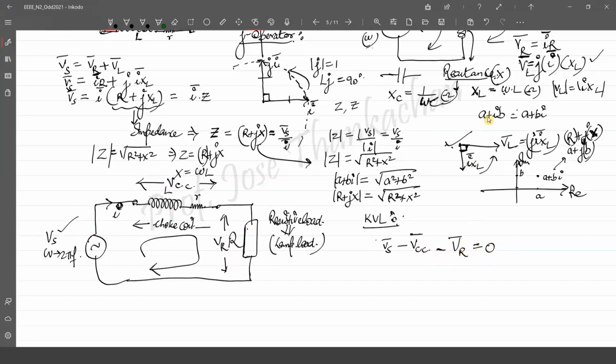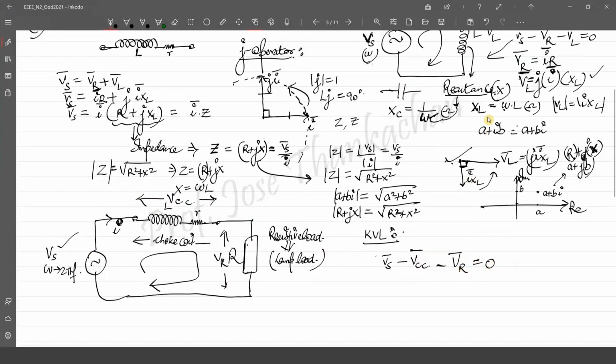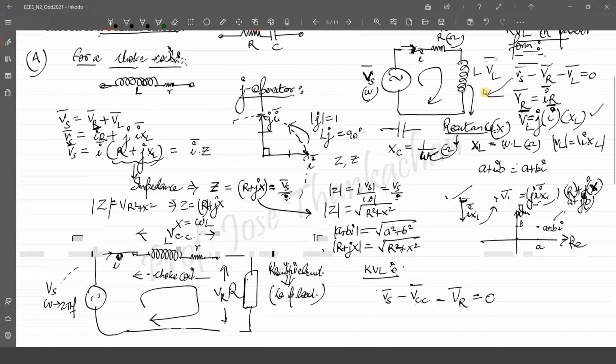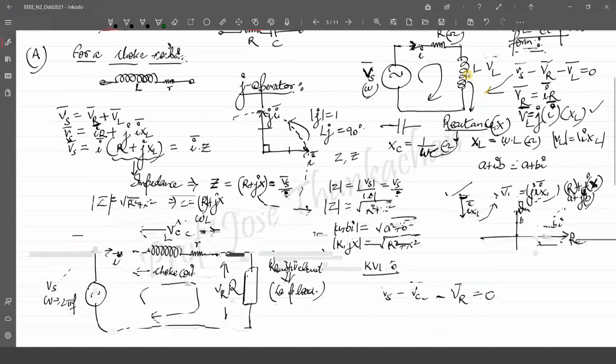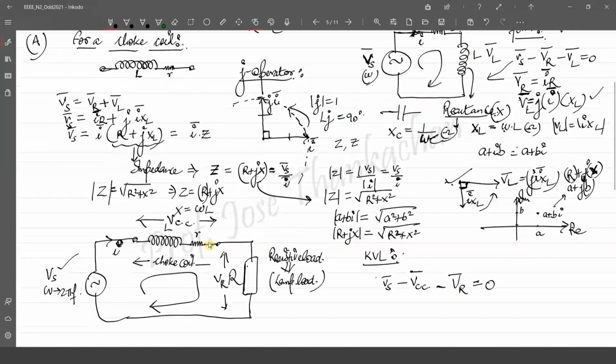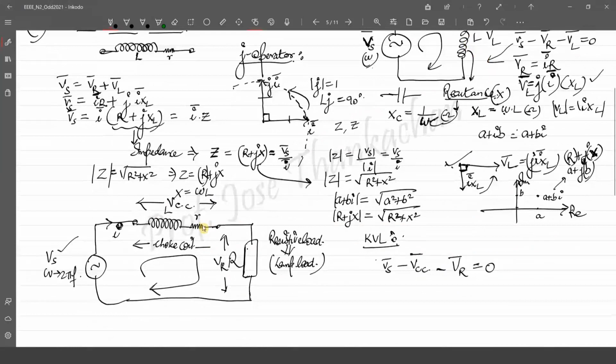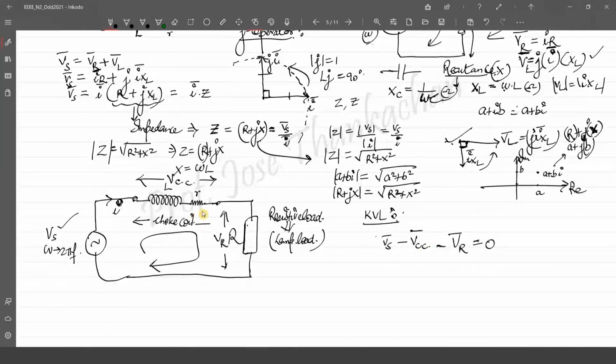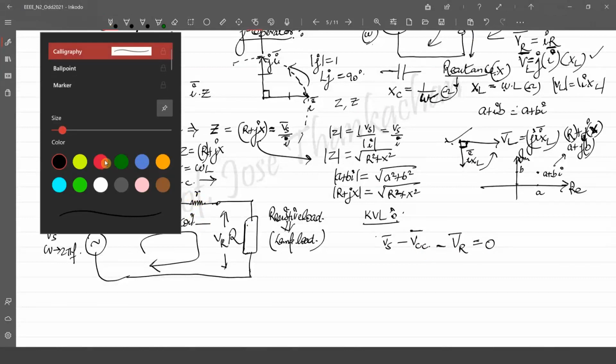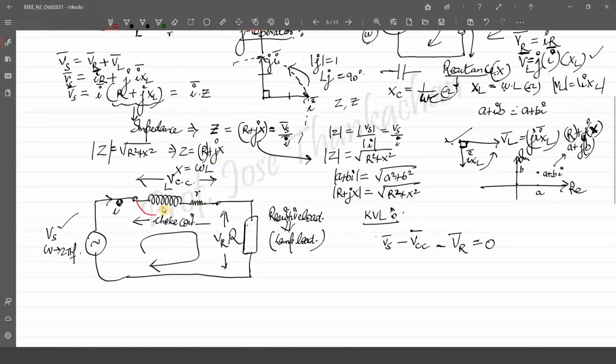We have written this same thing here also, isn't it? The only difference is that other than this inductor, there is a small resistance r also that we have considered, because it is a choke coil. Now, the choke coil itself has a combination of small r and capital L. If I am going to measure the voltage across it, I'll just connect a meter across it. This will measure the voltage across the complete coil. I'm calling this VCC, V choke coil.